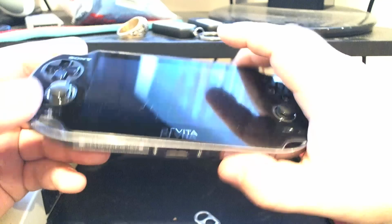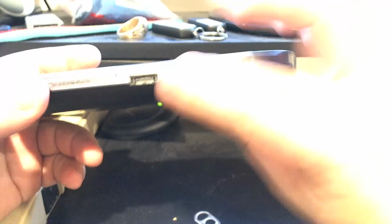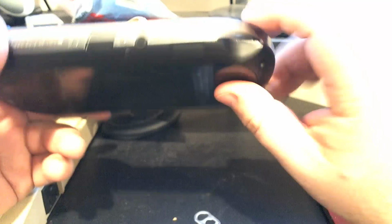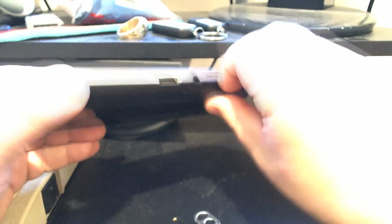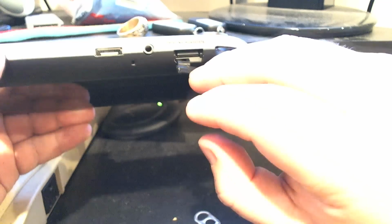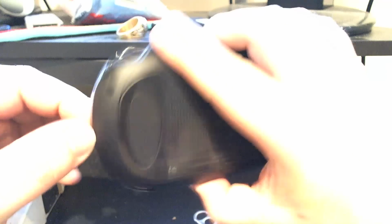So there's that. On the bottom side, we got where the AC adapter plugs in right here, our headphone port right here. This little hatch right here, this is where your memory card goes. I've already plugged mine in. So there's that. And over here, no wait, over here,